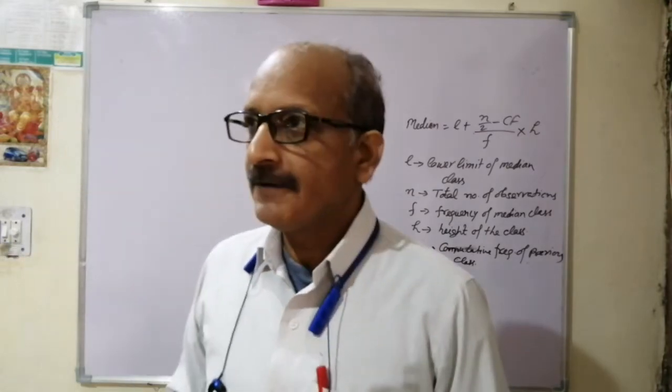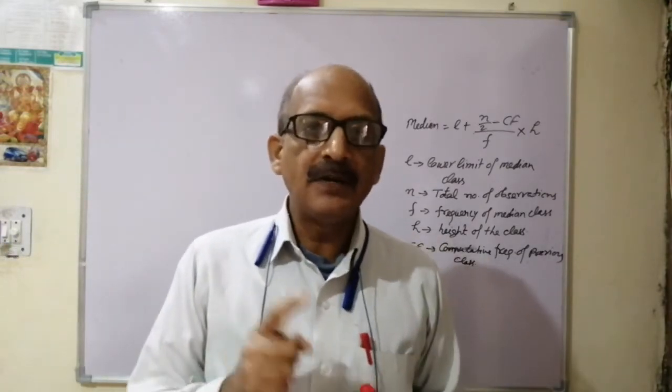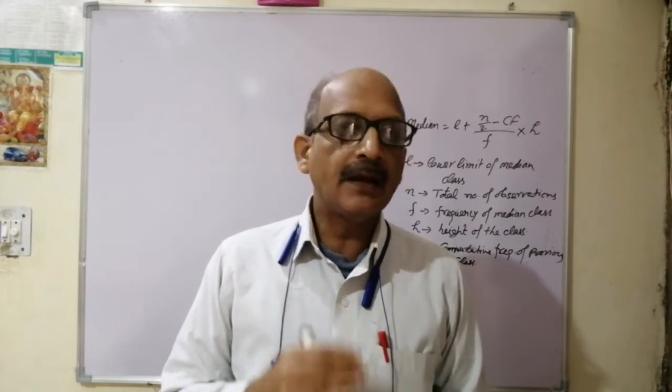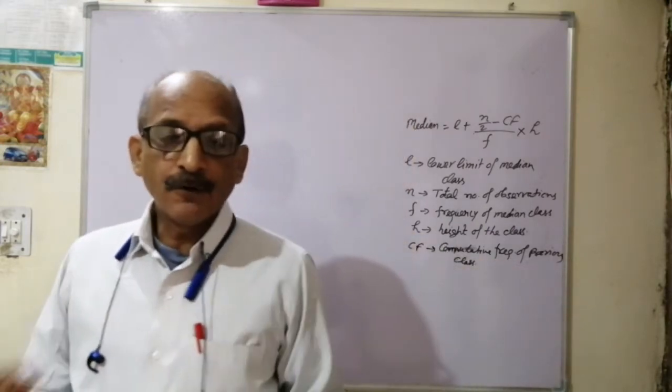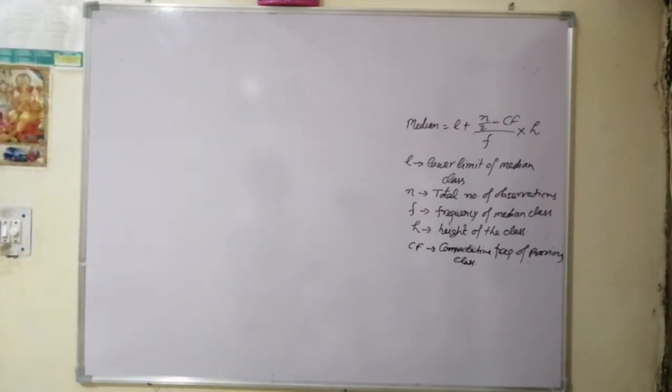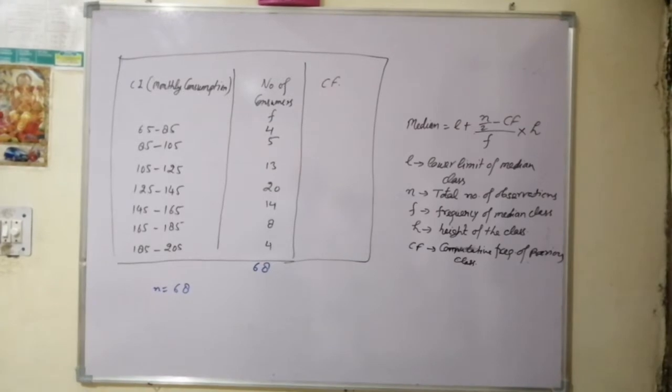First of all, in the first question of NCERT, the data is given to calculate the mean, median as well as the mode, and we have to compare them all. The question is: the following frequency distribution gives the monthly consumption of electricity of 68 consumers of a locality. Find the median, mean and mode of the data and compare them. Monthly consumption in units represents the class interval, number of consumers represents the frequency, and we have to calculate CF for the purpose.